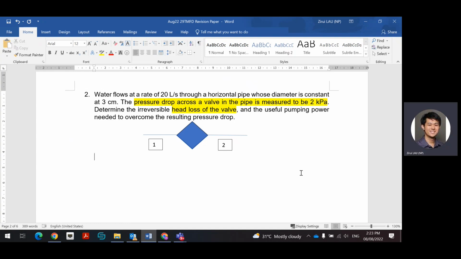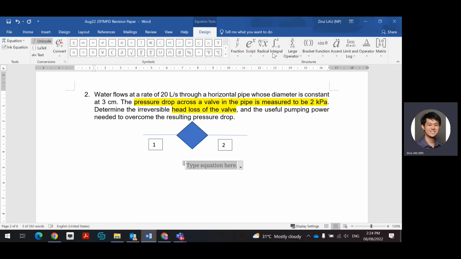So for this question, we have to use the Bernoulli equation, because the only thing that can calculate head loss is the Bernoulli equation. As I mentioned during class, if and when possible, before applying the Bernoulli equation, we must try to find out velocity. So question, can I find the velocity of the flow? Yes, we can find the velocity of the flow by simply using our equation,